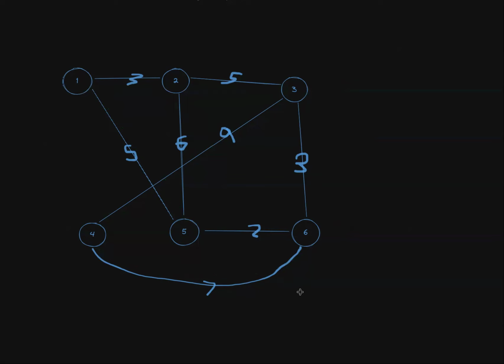Now, the main problem is when you're trying to find a minimum spanning tree. A minimum spanning tree is just a spanning tree, except you want to minimize all of the weights in that tree. And Kruskal is a classical algorithm that helps you figure that out. So, if we look at this graph, what would come to mind first when trying to figure out a minimum spanning tree? Well, to make a spanning tree,